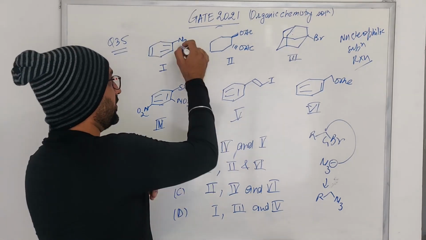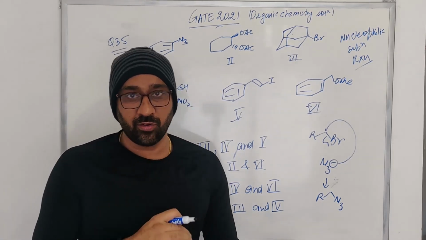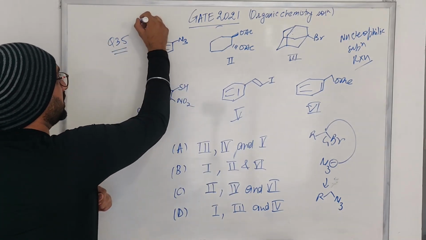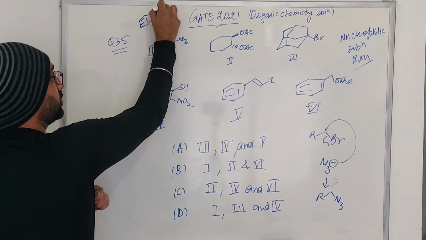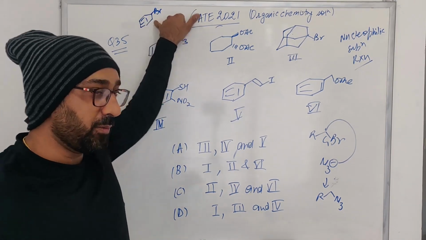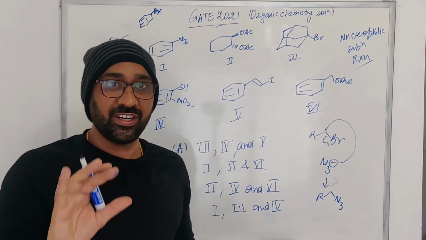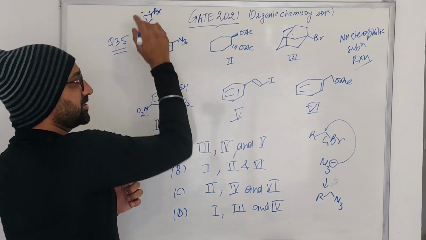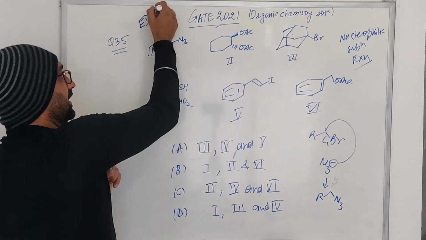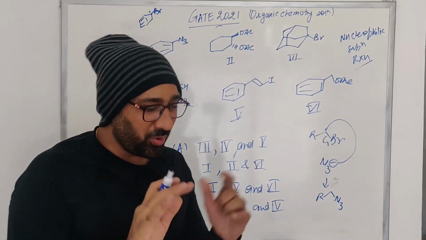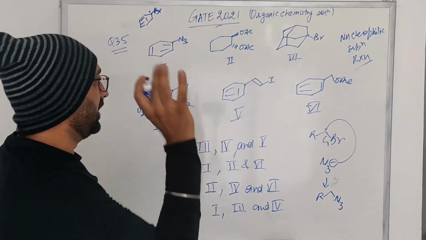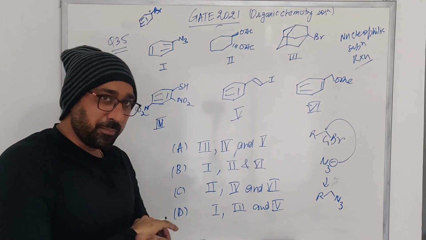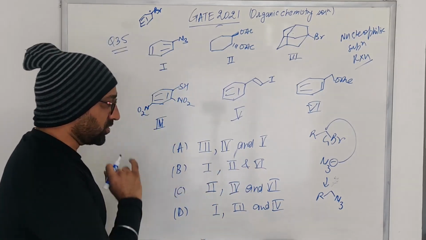Look at compound number 1: what you have is an azide directly attached to the aromatic ring. We know that aromatic systems, let us suppose here if you want nucleophilic substitution, what you need is basically this bromobenzene, and we clearly know bromobenzene does not undergo nucleophilic substitution reaction because of various reasons. For nucleophilic substitution you would have a positive charge on the phenyl ring, highly destabilized, double bond character between carbon and bromo, there are several reasons for that. So we clearly know the first compound cannot be formed. So just simply rule out the option which has the first compound.